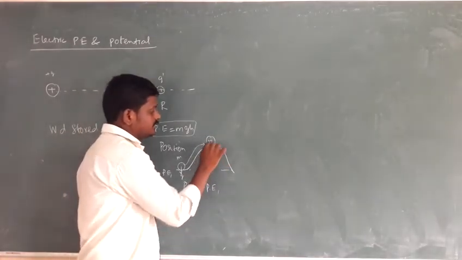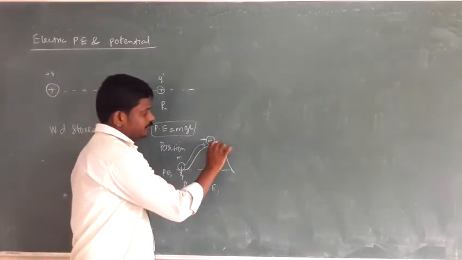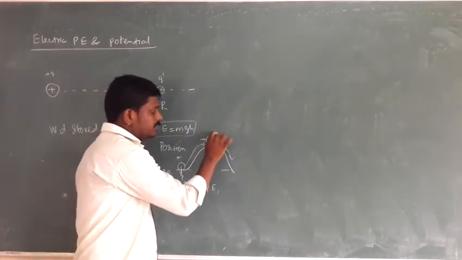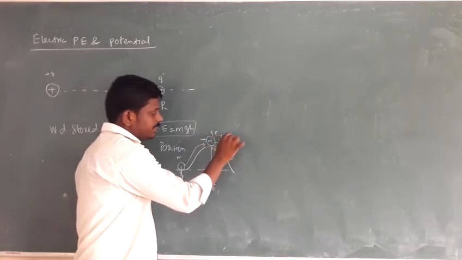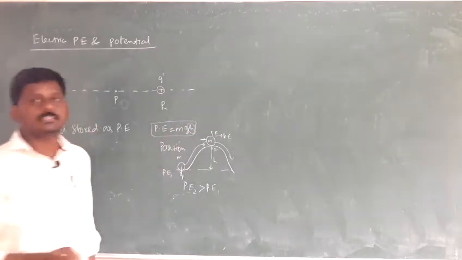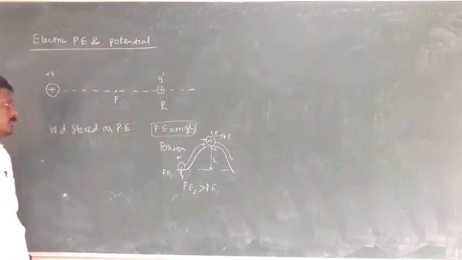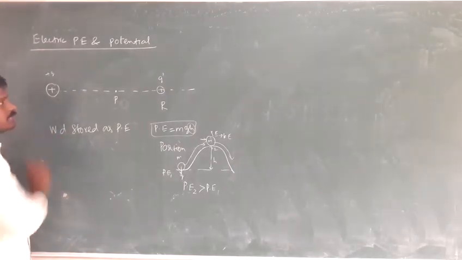If you push it, that potential energy is converted into kinetic energy. So potential energy depends upon the height in gravitation, but in electric potential energy,